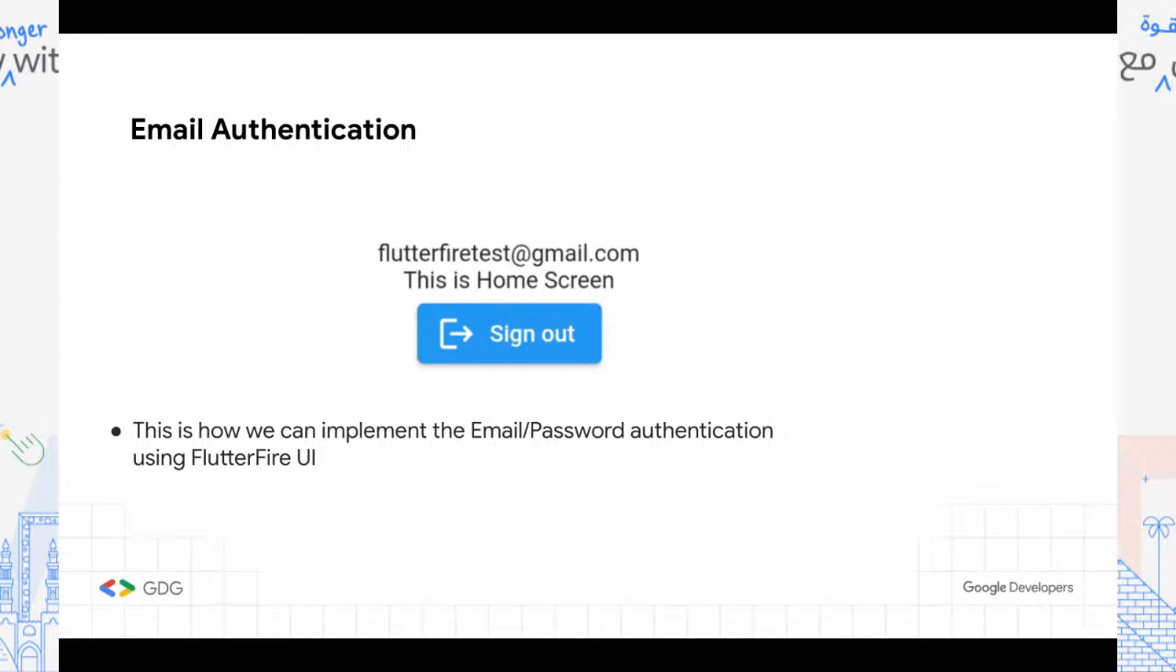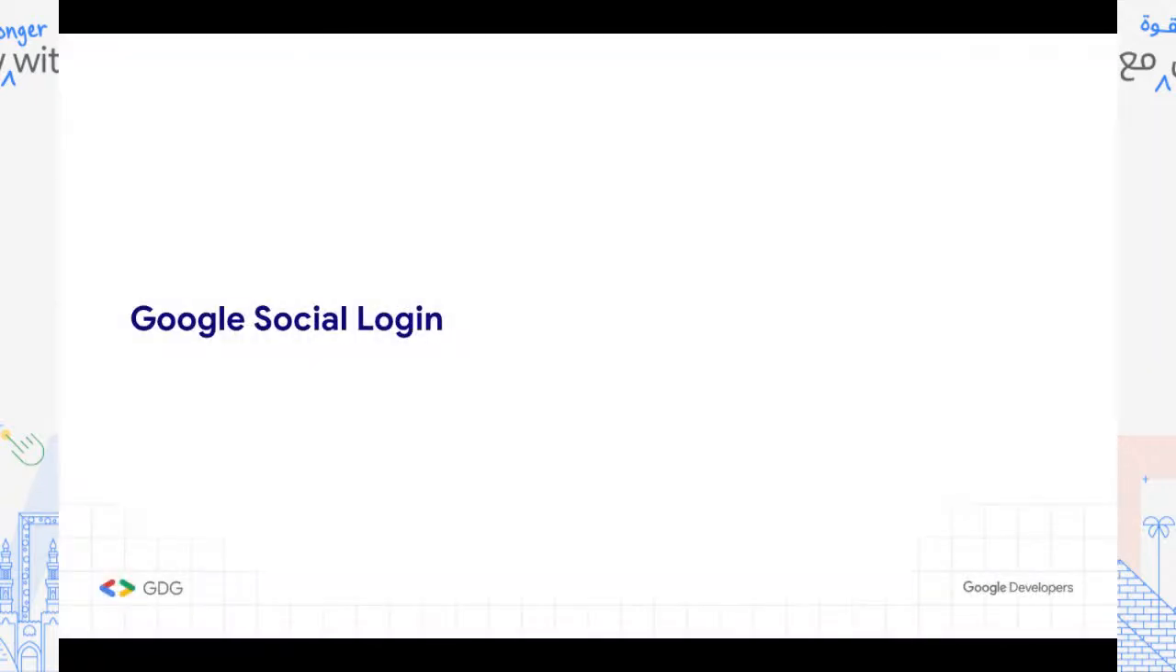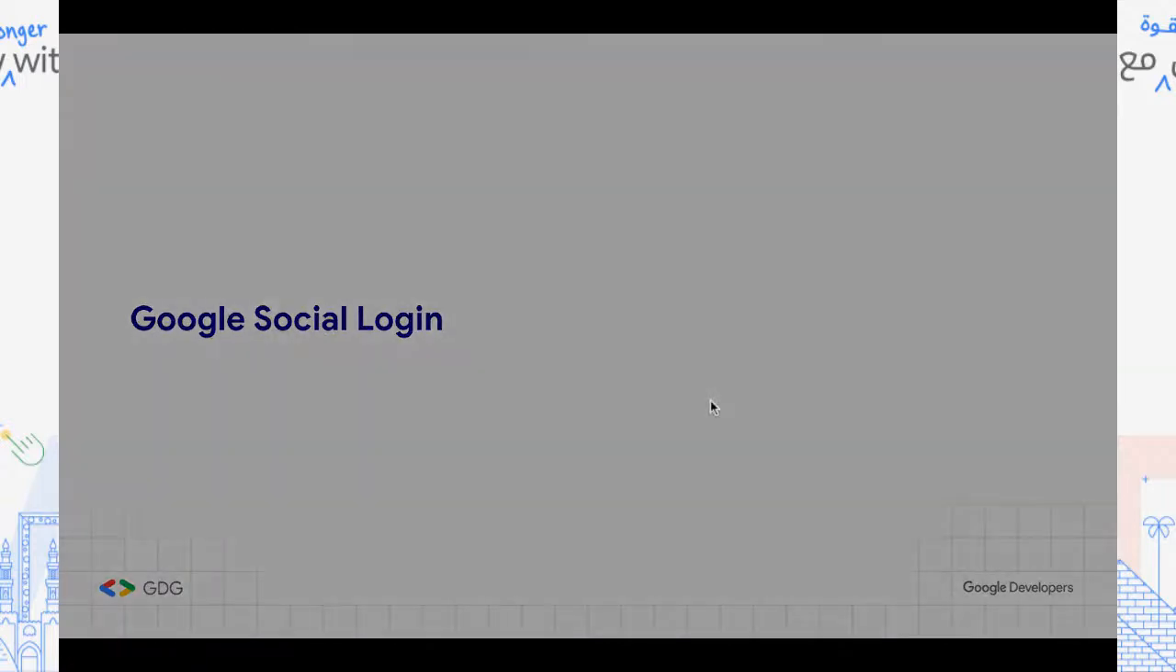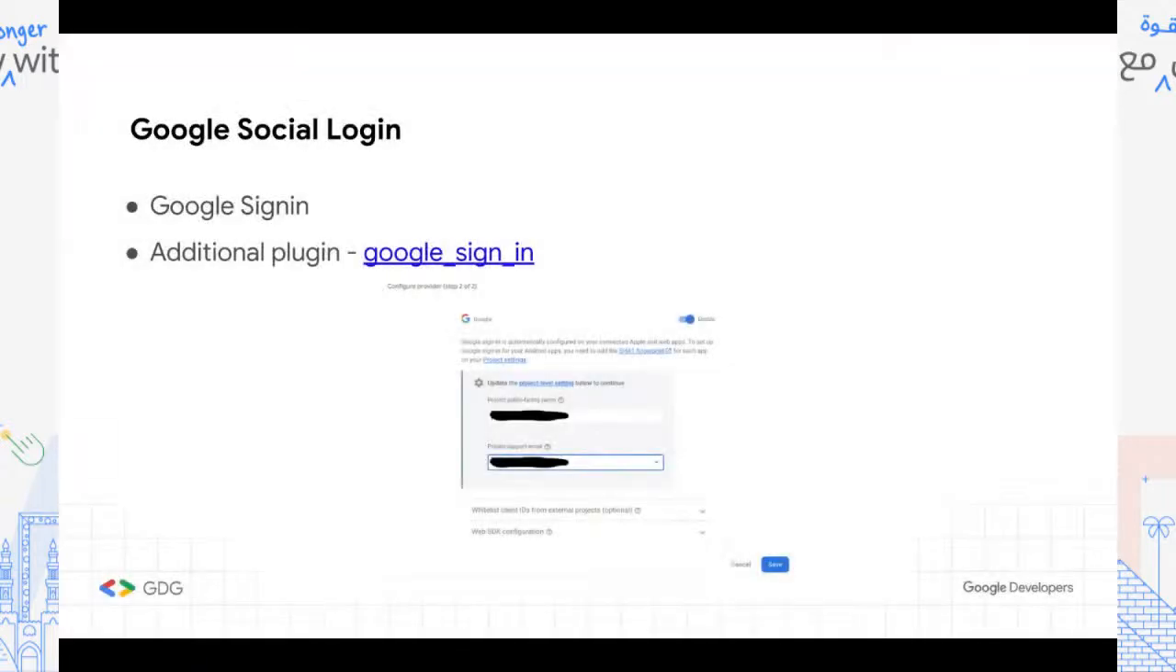Notice that without FlutterFire UI, I had to actually write the widgets, I had to handle the navigation, and also mainly the logic part. So it saved me lots of time by using the FlutterFire UI. Next, let's go for the Google Social Login. So the social login here will require some